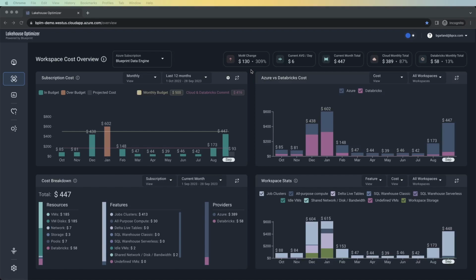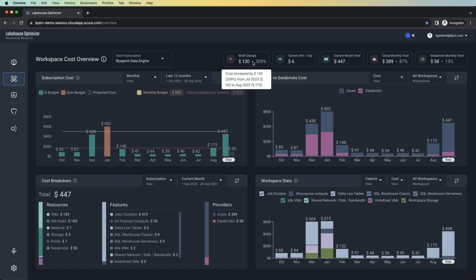the graphs found below. How much costs changed since last month, dollar amount and percentage, average cost in dollars per day, total cost of the current month so far, and how much of that was cloud cost and how much